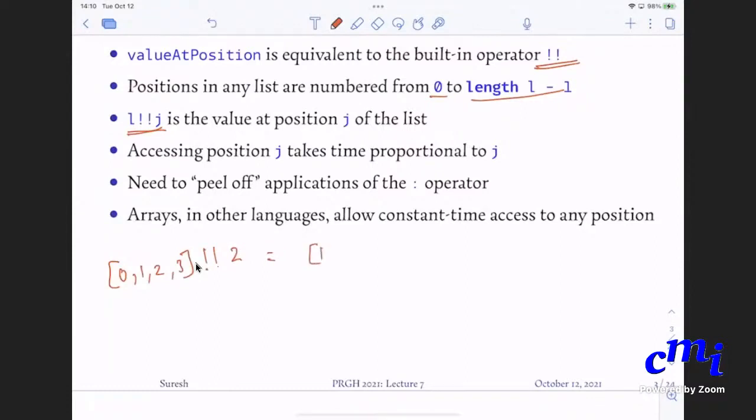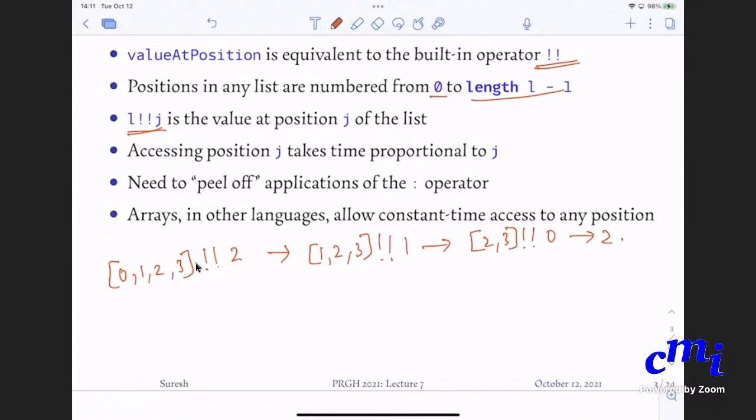You will say 1, 2, 3 bang bang 1, which will then reduce to 2, 3 bang bang 0, which will reduce to the answer. So it takes time proportional to j.